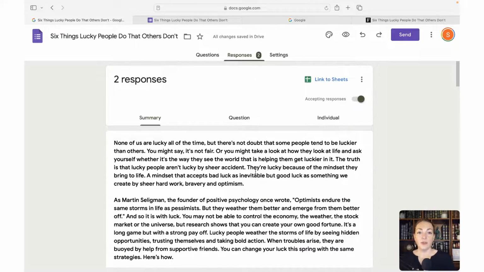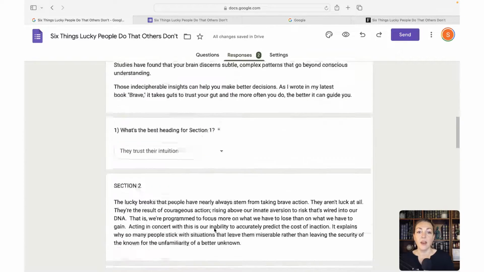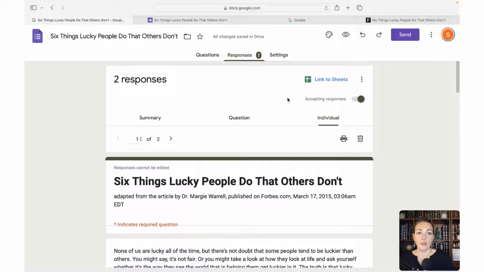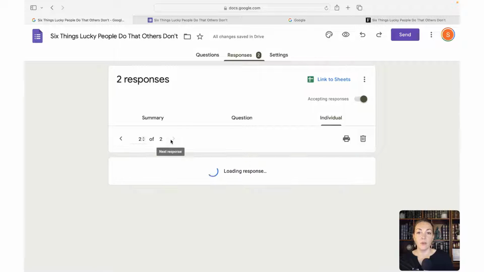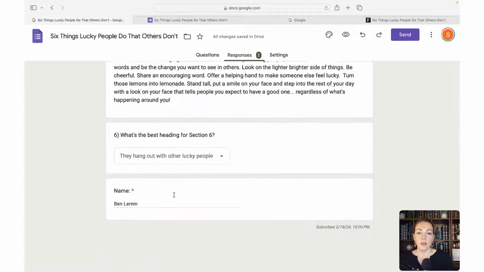You can also, if you click here on individual, see who exactly chose what answer. So remember, I had my students put in their names at the bottom of the form. So I'm now on the first individual. This is number 1 of 2, so the first person who submitted. If I scroll down, I can see the person's name at the bottom. If I scroll back up and click this little arrow over, this takes me to the second response. I can scroll down and see